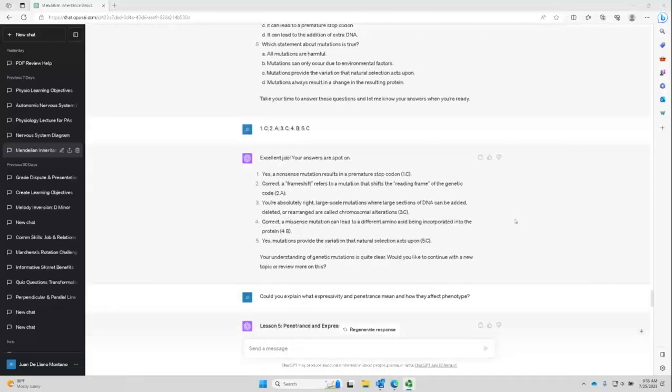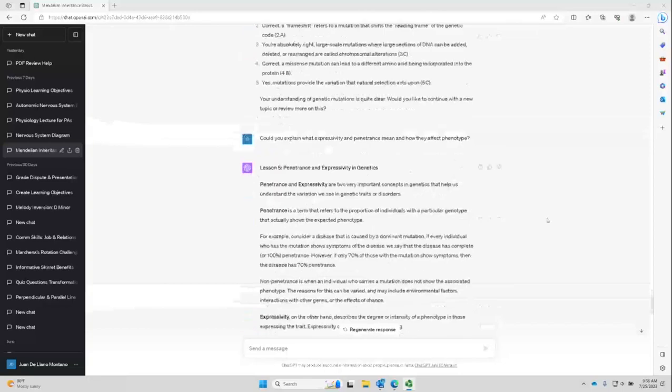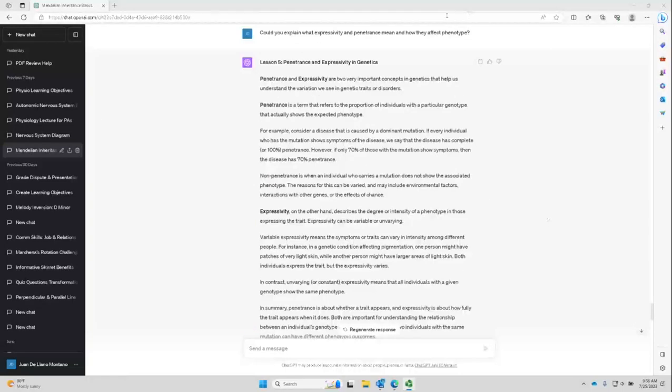Okay, these are the answers. Again, I'm giving you a chance to pause here to read and analyze if you answered correctly or not. And finally, I asked for a lesson about penetrance and expressivity, what they are. Notice that these are two important concepts that explain why some people who have a mutation don't manifest the disease, or they may manifest the disease maybe when they are in their 30s, 40s, 50s,